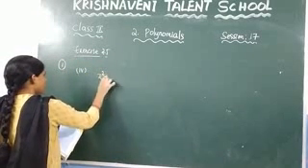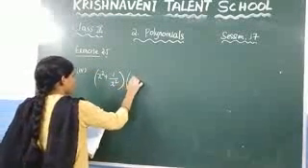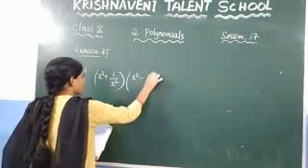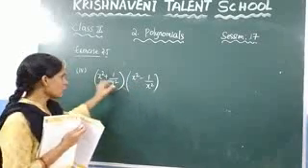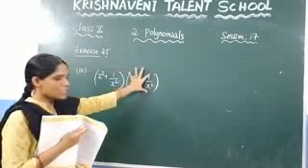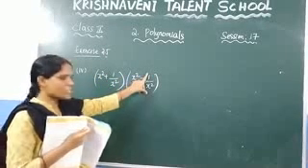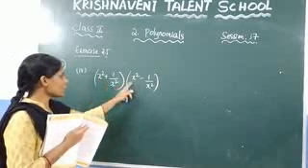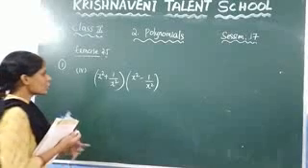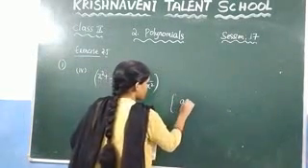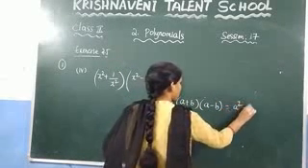what is the question given here? X square plus 1 by x square into x square minus 1 by x square. So it is in the form of what? A plus b into a minus b. What is changing here? The difference between these two is the changing of the symbols. Here plus is there, here minus is there. And so it is in the form of which identity? A plus b into a minus b. You know that it is a square minus b square.